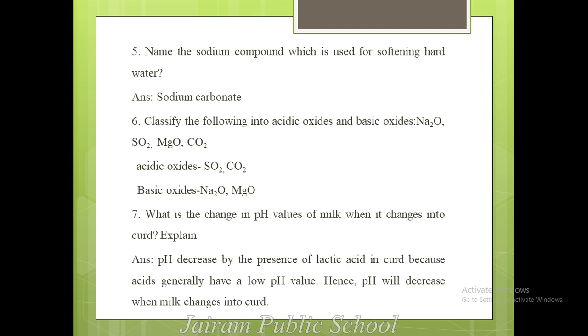So you already know the pH value of acid and what type of acid is present in the curd. That concept you have to apply here. And next question, what is the cause of decay of tooth? What is the pH of the mouth required? So here you have to use pH, that is the important role of pH in our everyday life. That is the concept you are applying here.